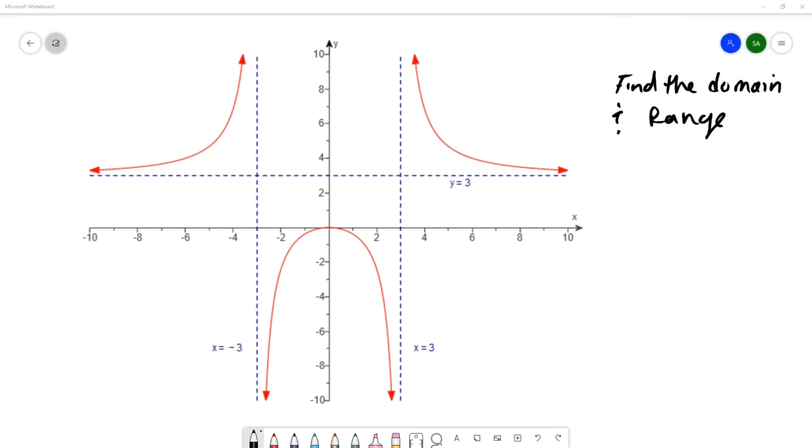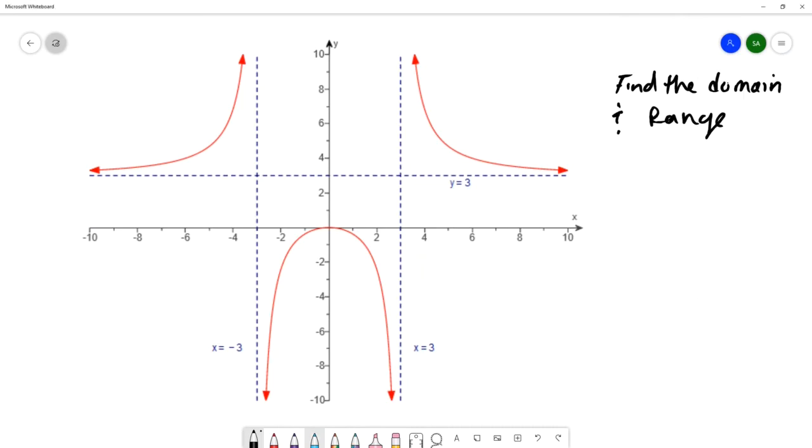On this example, we'd like to find the domain and range from the graph. And before we start finding that, I want to explain some of what we're looking at. Some of what we're looking at might seem a little bit unfamiliar, having these dashed lines written on the graph. What these dashed lines are, they're called asymptotes, and they are going to guide the pattern of where these